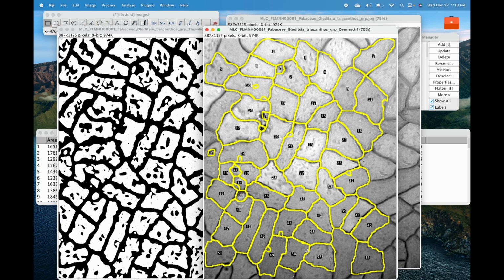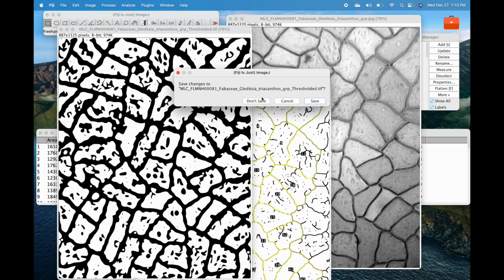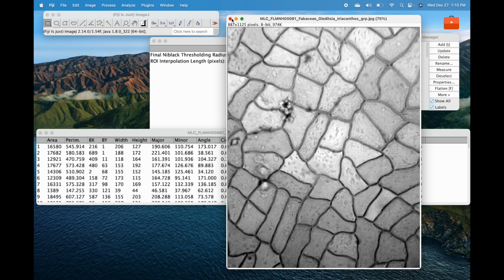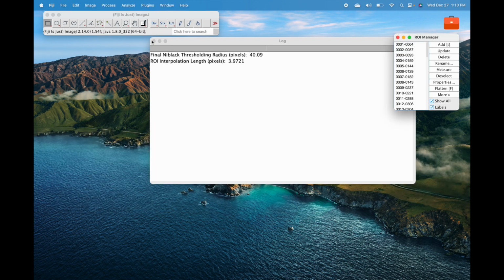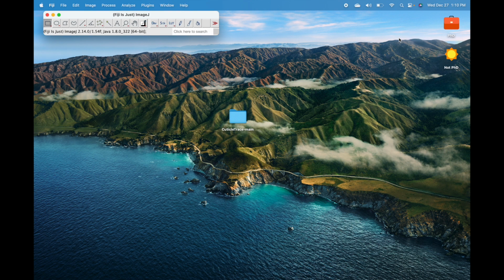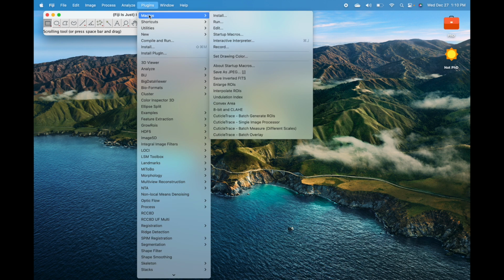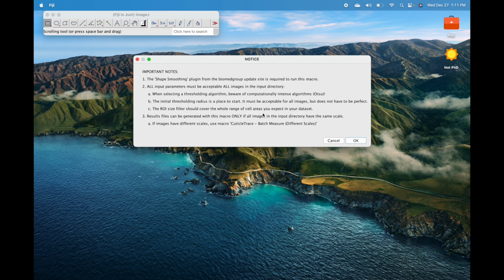To batch process, we'll just get rid of all this. Don't save. Of course, if you're doing this to really decide your input parameters for a new data set, you'll need to write down or save your input parameters to these. In this case, the ideal input parameters for our example data set are actually the default ones that we put in there. So I don't have to worry about it. But now I've just opened up, let me cancel this so you can see,